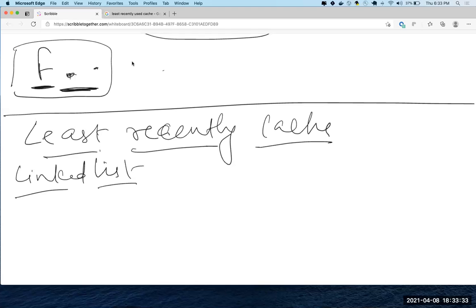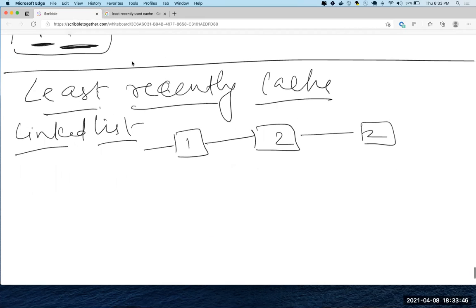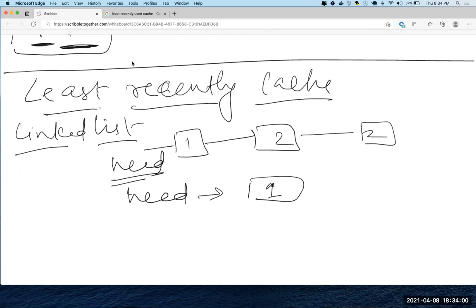Most of the questions on LeetCode say, for example, you're given a linked list, let's say 1, 2, 2, and this is your head. It says remove all the elements which are not unique, or basically it says return only the 1, and the rest will be none. Is the question clear?